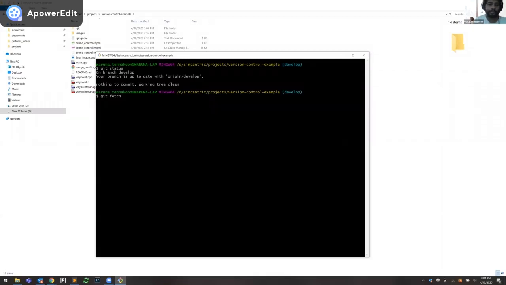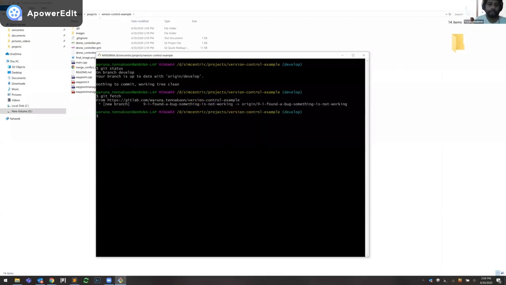By typing fetch, you just get the new branch onto your local repository, but you are still in the develop branch. You can see it here. Normally the current branch that you are working on is displayed here in the Bash prompt.